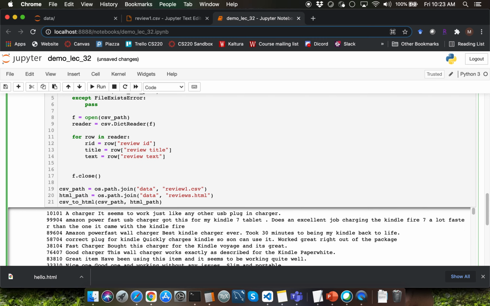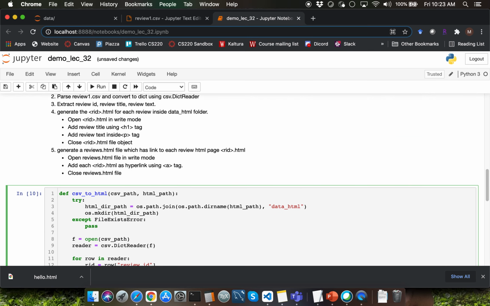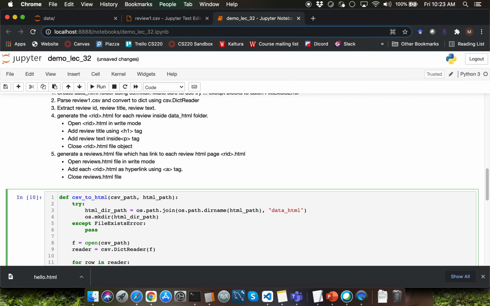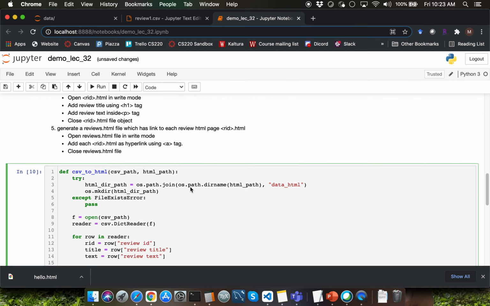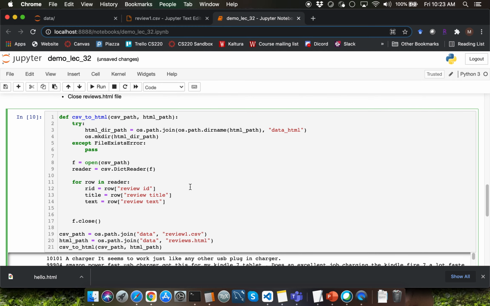What we want to be able to do now is, first of all, create the blanket HTML file. Think very carefully about where you want to create the blanket HTML file, which is going to be reviews.html. You need your reviews.html file to store hyperlinks to each of the reviews. Each review is given by each iteration of this for loop.